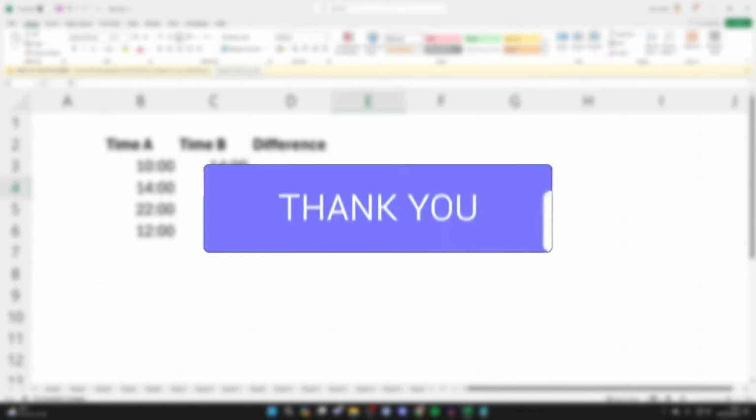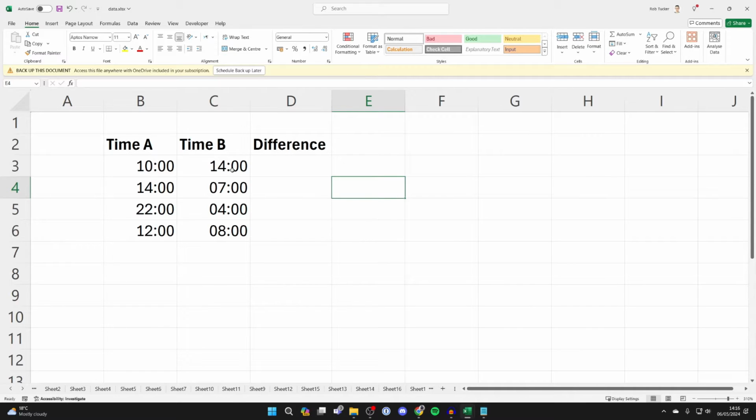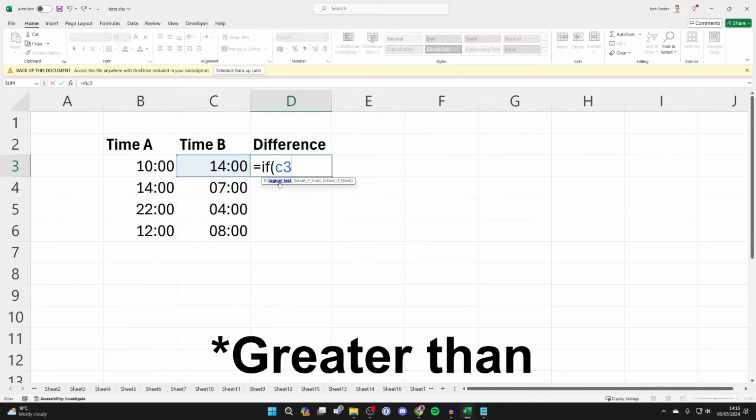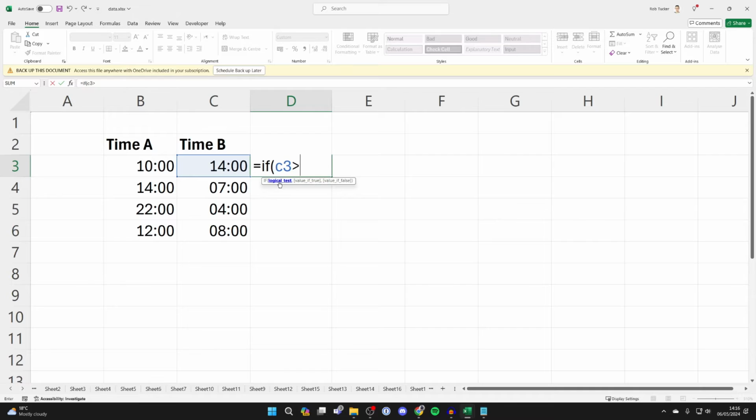Here we have two times and I want to work out the difference between them in hours. So first of all, select the cell where you want the answer to be as we're using a formula. Type in equals, if, open bracket, then type in the cell where the latter time is. For me, that's C3, and then do a bigger than the first time, which in my case is B3, just